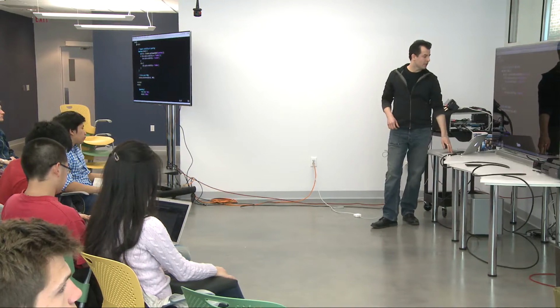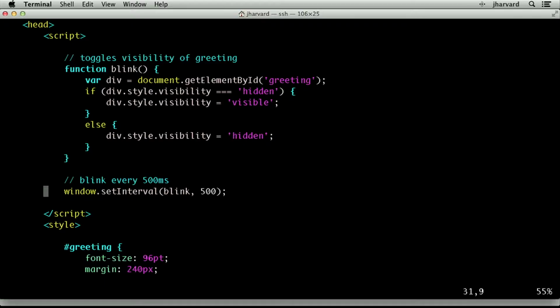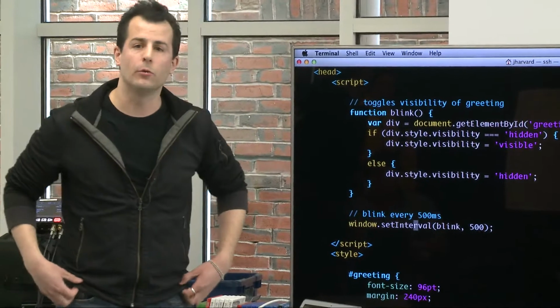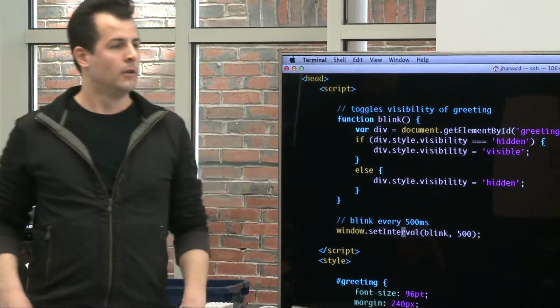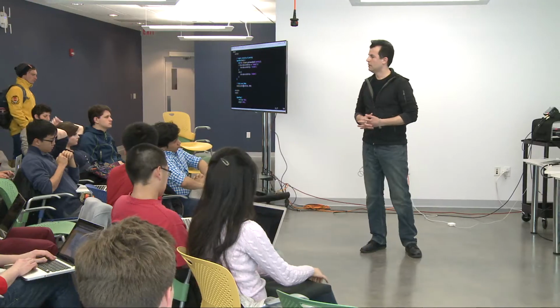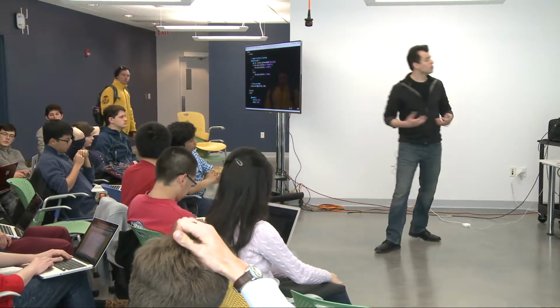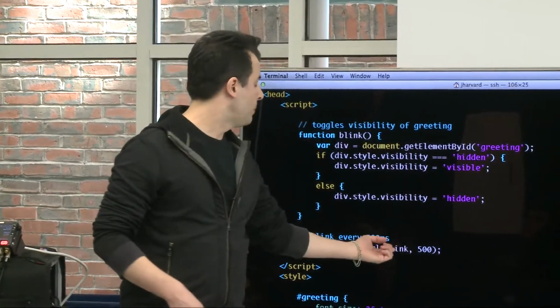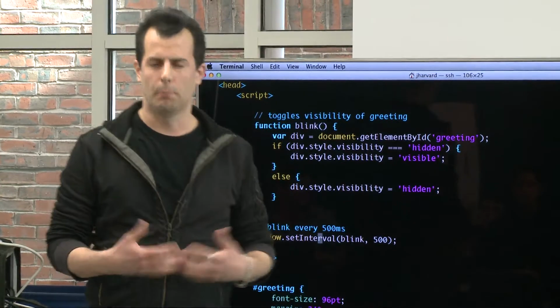So here's the magic then. If I scroll down to this line here, apparently built into the window object, and this is a feature of a browser, you get access to this super global object called window. Inside of that is some functionality, a piece of which is setInterval, and it takes apparently what kinds of arguments? Good. So a function call and a time, and so particularly a reference to a function, a pointer to a function in a sense,